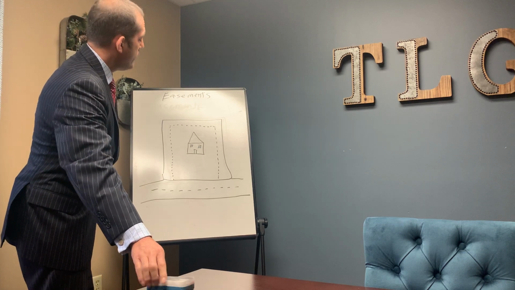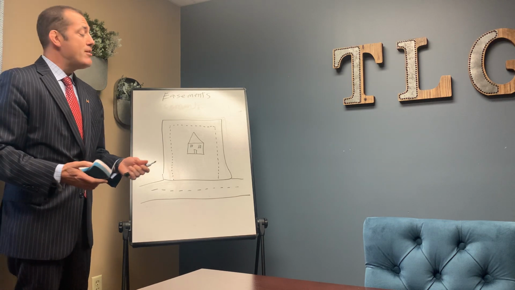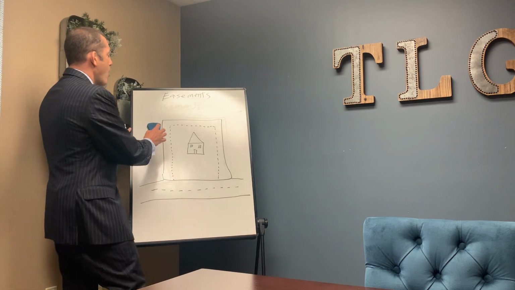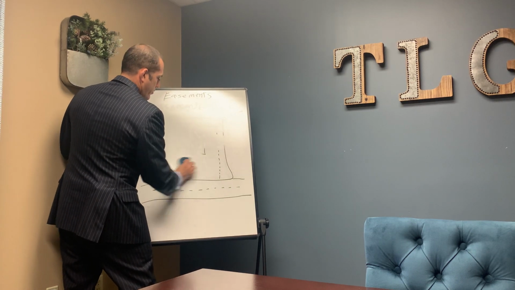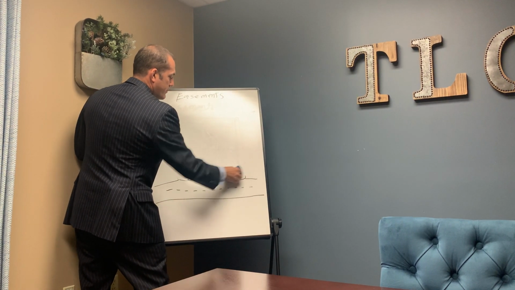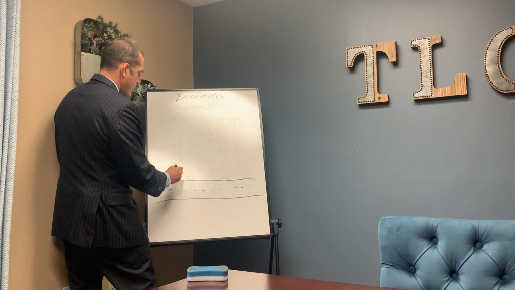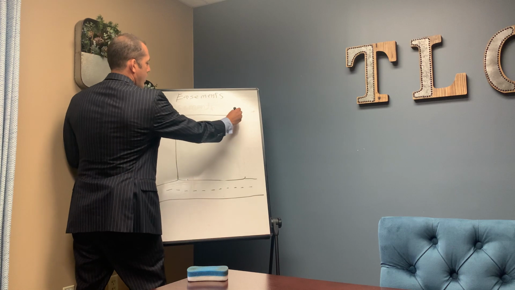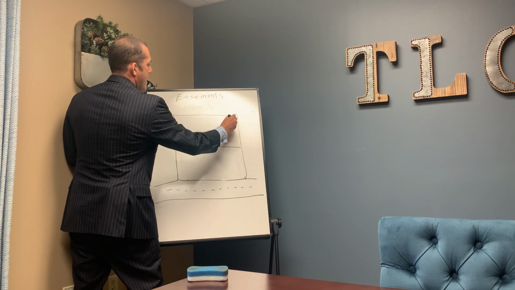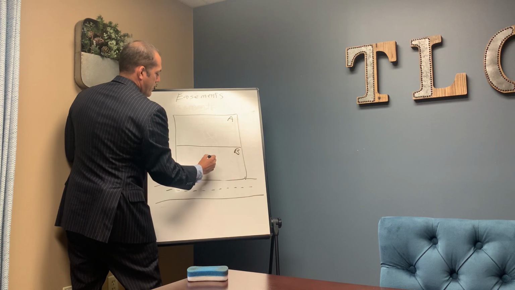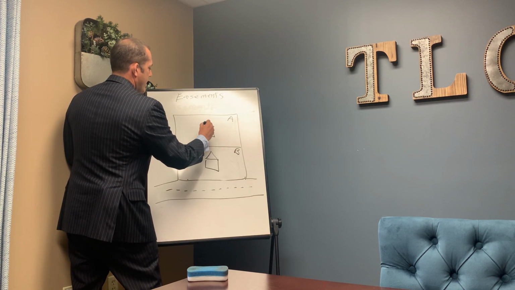Another example of an easement is what we call ingress and egress. That's the right to go over the lands of another landowner. So we'll do another example here. This time we're going to do two lots. This property was subdivided at one time and there were two lots. We're going to call this lot number A and lot number B. There's a house right here, and let's say there's a house right here.